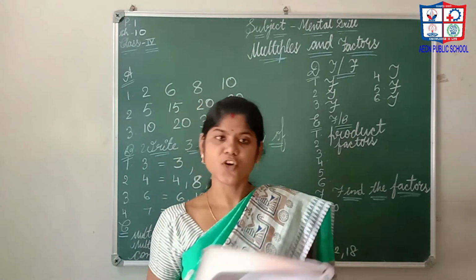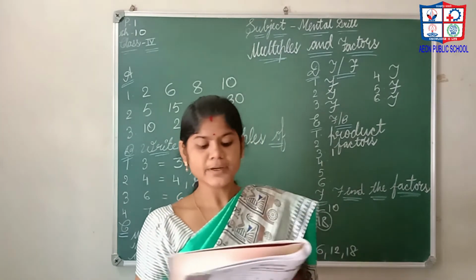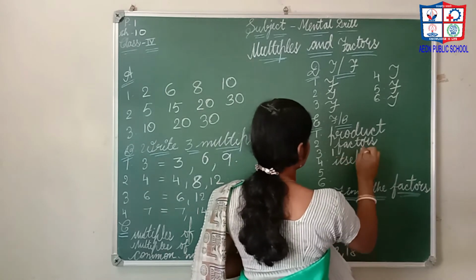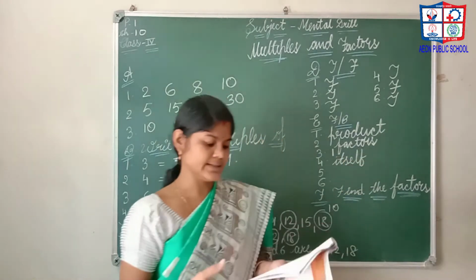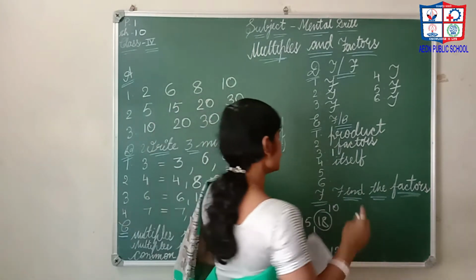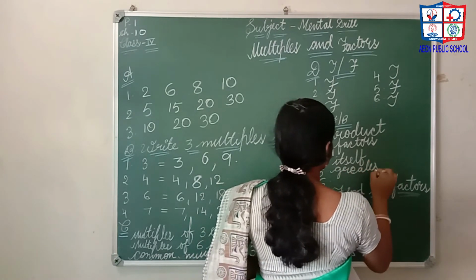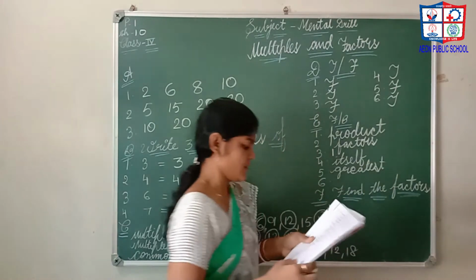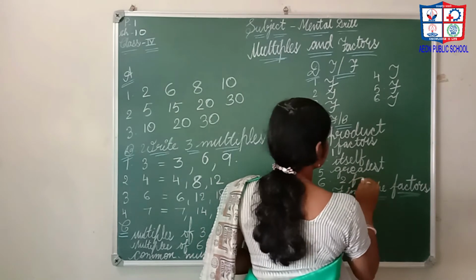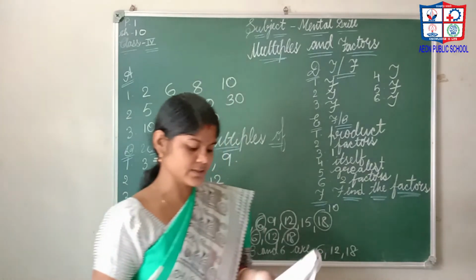Dash is the factor of all numbers. Obviously, 1 is the factor of every number. A number is a factor of itself. For example, 2 is a factor of 2. 3 is a factor of 3. A number itself is the dash factor of itself, means greatest factor. Next, every number has at least how many factors? At least 2 factors. The number 1 and itself. Then other numbers are there.